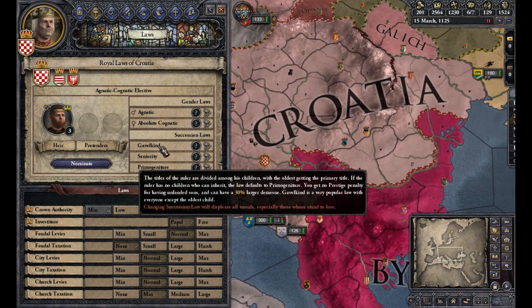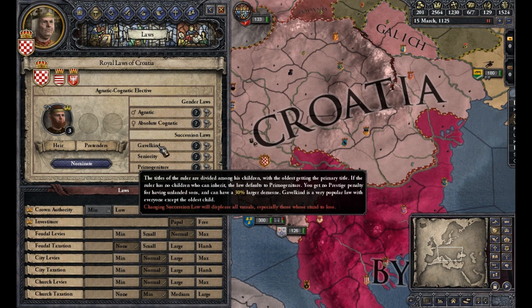The positives of Gavelkind, it has some benefits, is that you can have 30% more holdings, and you do not lose prestige if your adult children don't have land. You know how you always get those notifications sometimes if you have an adult son who wants a fief or whatever. With Gavelkind, you don't get negatives for that. There's a lot of strategies to how you can make Gavelkind work that I've seen people talk about. Mainly is that